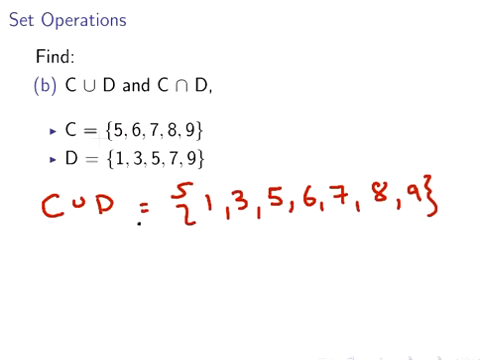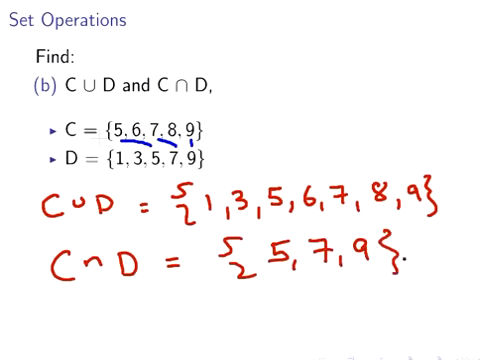Okay. So what I'm going to do now is the intersection. Let's pick out the elements that are in both. So we have 5 is in both, 7 is in both, and 9 is in both. So C intersection D is 5, 7, and 9. So the last one is